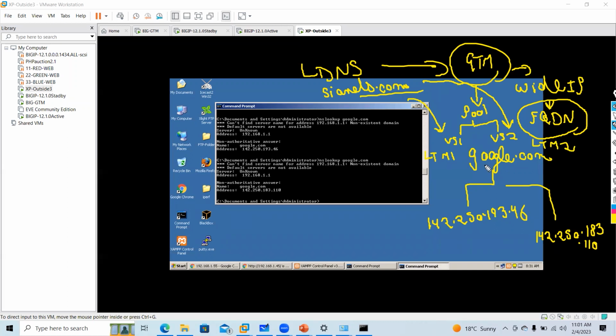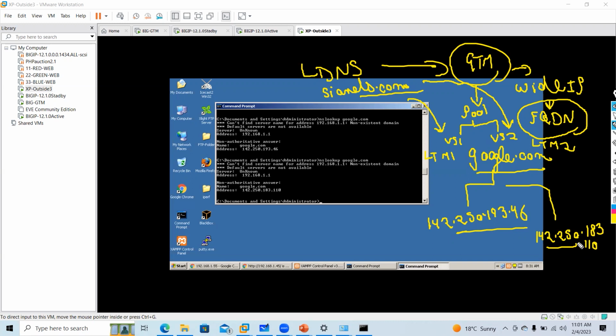That is the logic of how it's happening in the backend, guys. That is why I am explaining the basics first. Every domain can have multiple IPs, guys. So that is what DNS is.